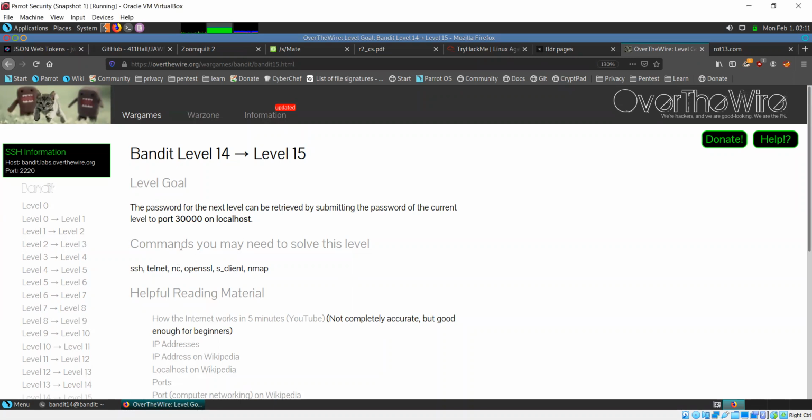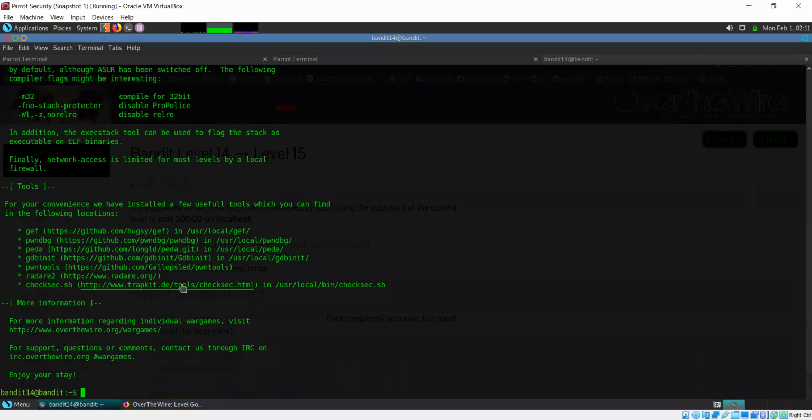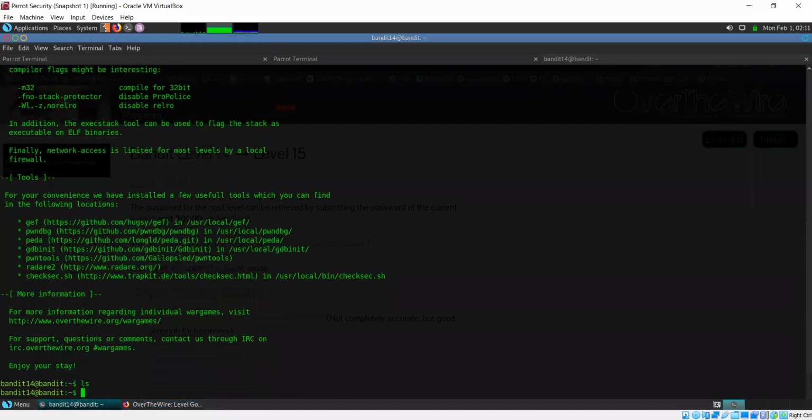See, we use a tool known as Netcat to handle any connections. And we can do the same thing here. We know what port we need to connect to, we know where we need to connect to, and we know what we need to send over that connection. So, okay, there's going to be no files here.